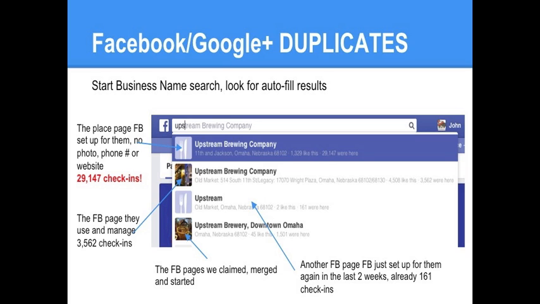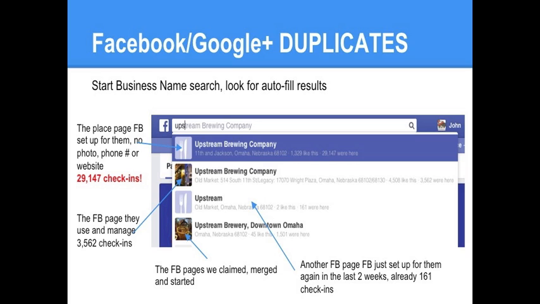This is a client we work for, Upstream Brewing Company in the Old Market, and they tried to do both their locations on one Facebook page, and they listed their addresses kind of in the same spot. So they put two addresses into the address field. Well, Bing runs Facebook's maps, and Bing read the last part. So while they thought they had a Facebook page for two locations, to Facebook and the rest of the world, it was really their West Omaha location. That was the address that Bing was reading and serving up.